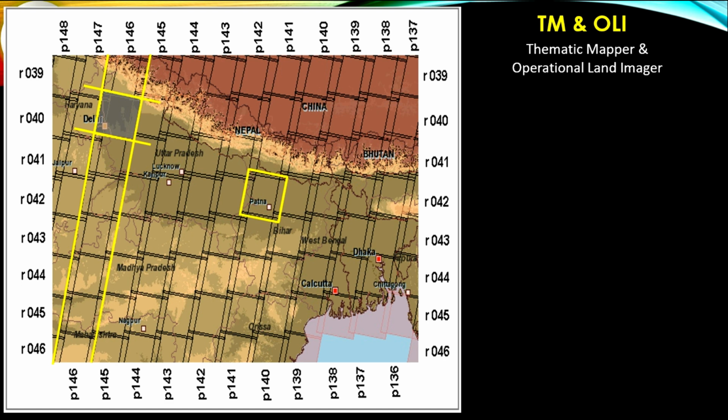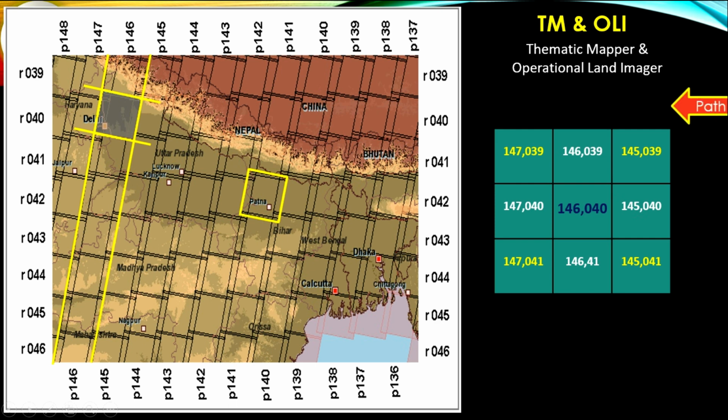Path Row Referencing System of IRS Resourcesat 1. Here the TM and OLI, Thematic Mapper and Operational Land Imager, path and row scheme.